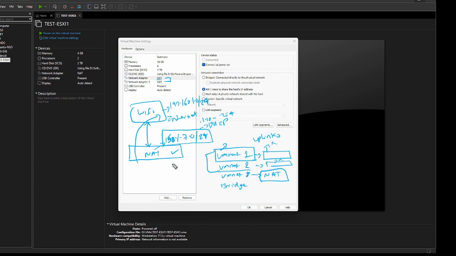So what it does is, I'm now installing my ESXi machine. I'm getting an IP address, for example, 150.1.7.50/24, and the default gateway and everything. The default gateway is going to the adapter. From the adapter, it will do the NAT, so it will change the IP address and send it to the Wi-Fi.